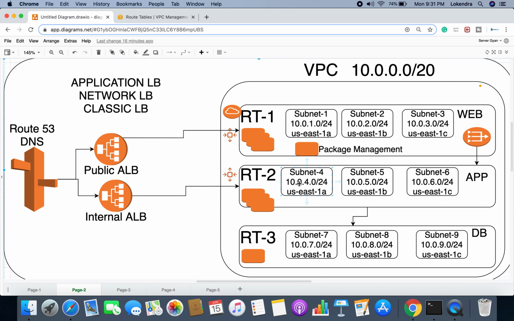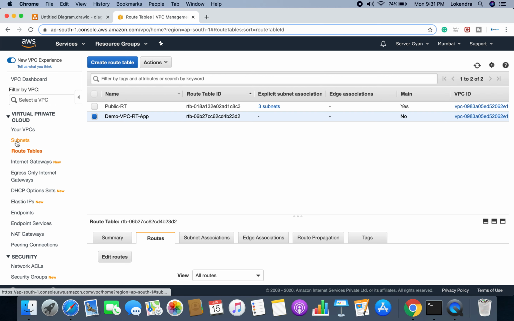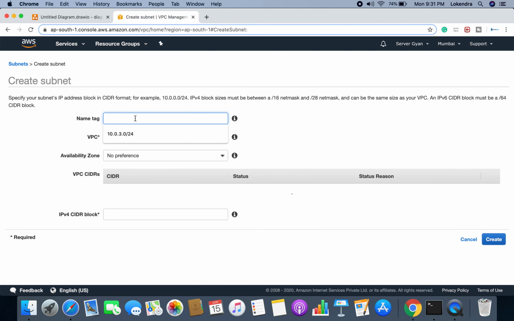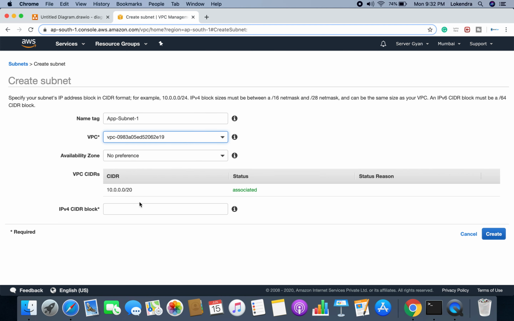What I'm going to do next here is I'm going to create these three subnets here. Okay, now let us go to subnet, and we will create three subnets. So I'm going to say, let us say app and subnet 1. It means this is going to be for app and the subnet is going to be 1. Then after we will select the VPC, as we know that this is going to be first, so this will be in 1A, and 10.0.4.0/24, this is the first subnet which we are going to create.